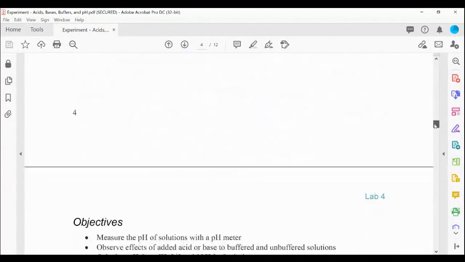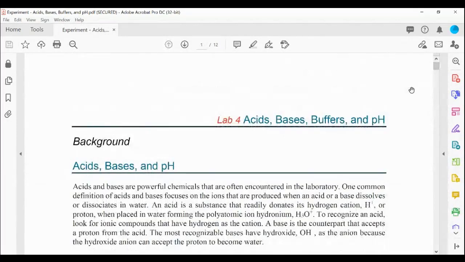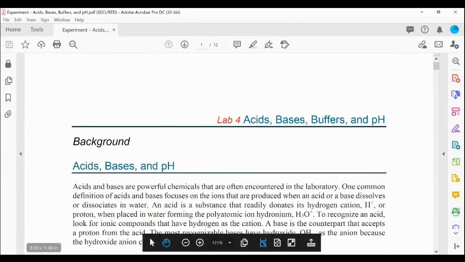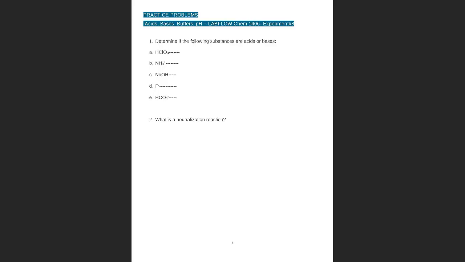So this is basically the first part, just the introduction and to go over the write-up of the experiment. Any questions so far? Okay, so then we will continue with some practice problems, and then we will go over the report. Let's see if we can do this together. Let's read